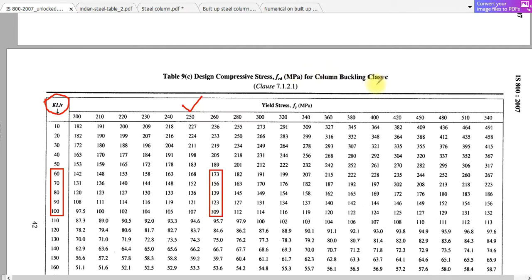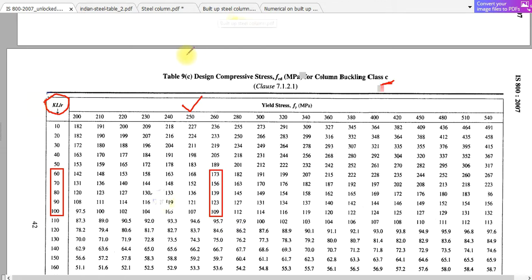Okay, now here you see you have to use this class C, because the channel section comes under class C. Okay, so this is another step. Now how can you find this slenderness ratio? There is a guideline. So how can you find the slenderness ratio for this built-up column? Okay, so the guideline is